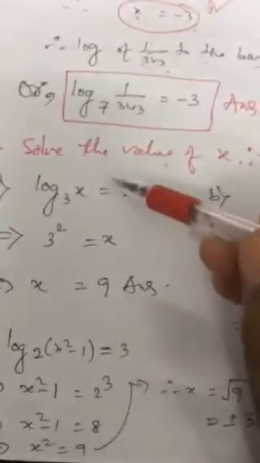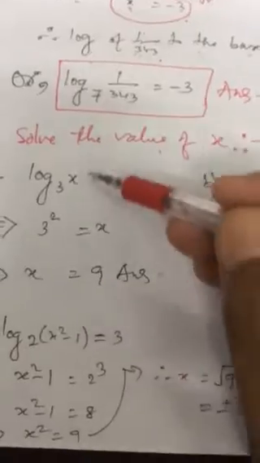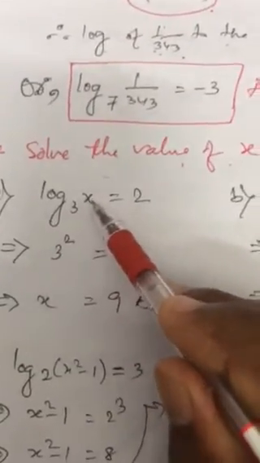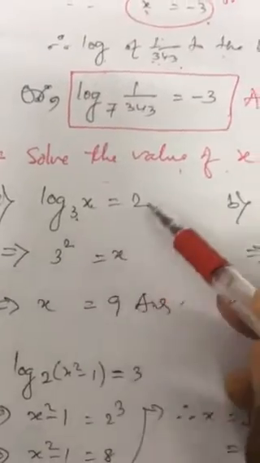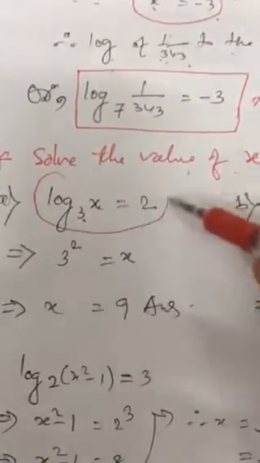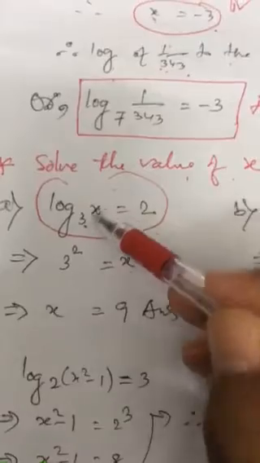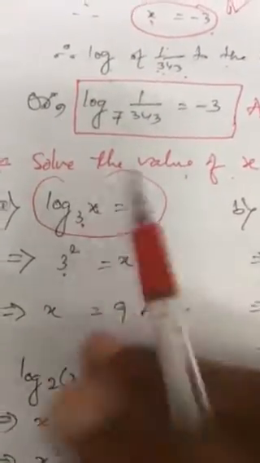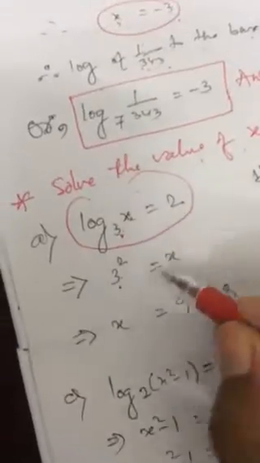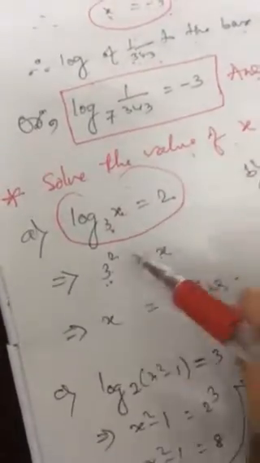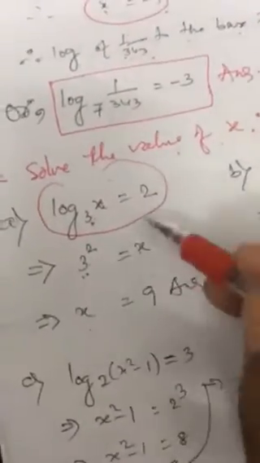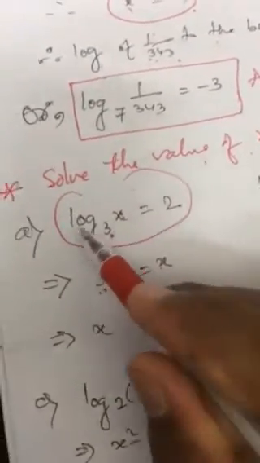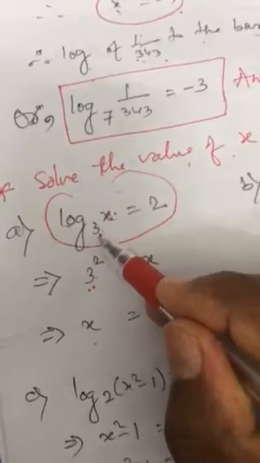So my dear students, here we will learn to solve for the value of x. Now here you have to find the value of x. It is given log of x to the base 3 is 2. In the question it is already given that the base is 3. Got my point? Base is 3. You can write x on this side also, no problem. In the second time I have written it first, so you can write it in this way. So log of x to the base 3 is 2.